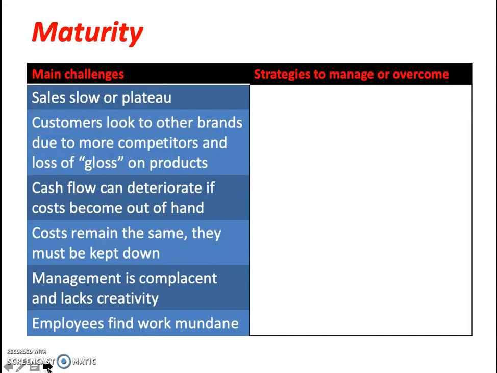At the maturity stage, businesses generally have access to finance thanks to financial deregulation in the external influences. And your business has been around for a while, so people trust and know your business and are more likely to be willing to back it financially. But some of the other problems are that the gloss of your company might have come off a little bit because your products tend to become a little bit stagnant or stale, and they're seen as old school. I guess you could say that with social media. For example, Facebook used to be quite popular a while ago. Now, if I could arguably ask for a show of hands, you're more likely leaning towards Instagram, Snapchat already having had its day in the sunshine and then somewhat declined.